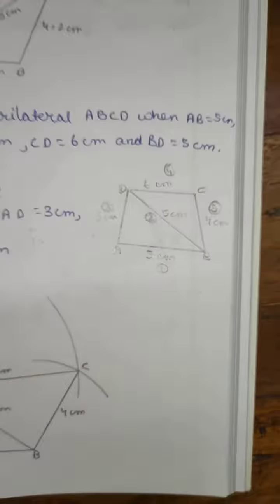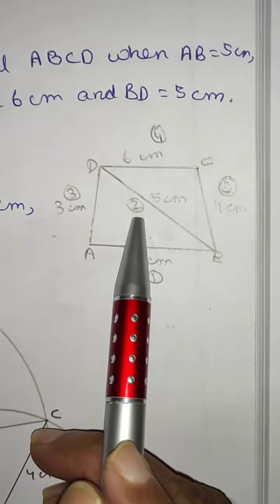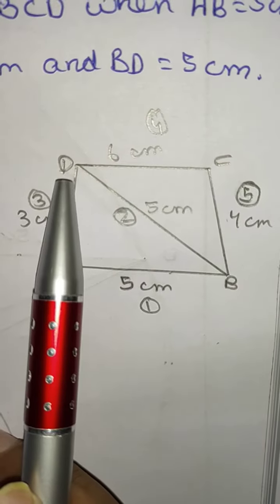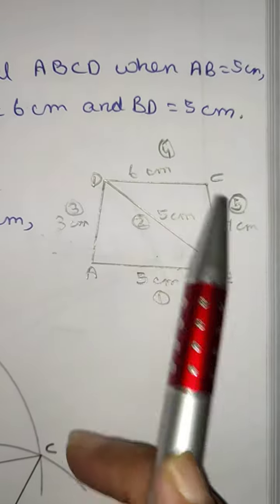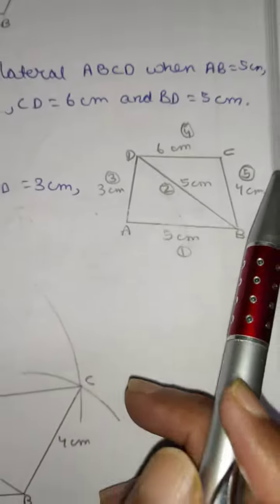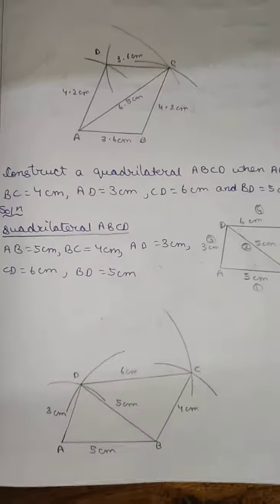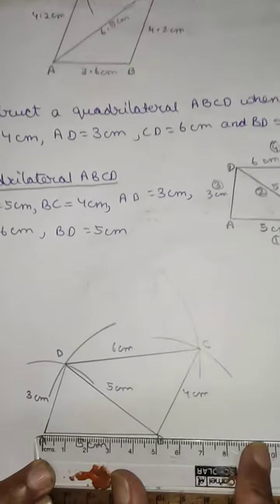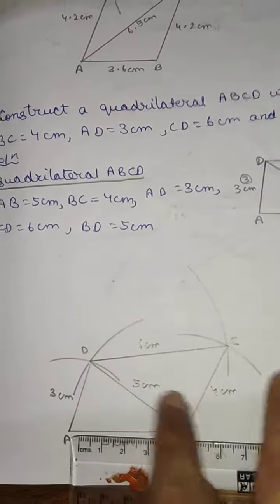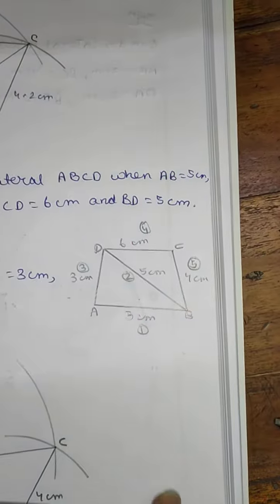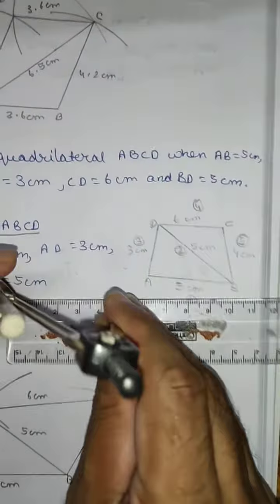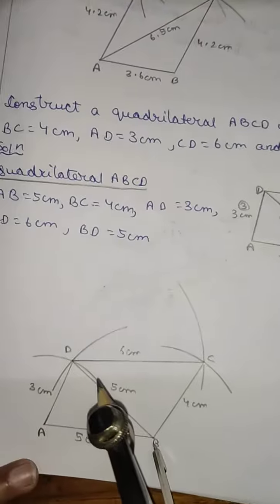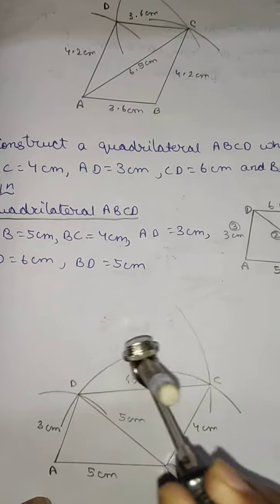So estimate from where to start. This is your first step. This will be your second step, 5 cm. This I'll take as a third step. This side triangle I'll make it first. Then fourth step and fifth step will complete our quadrilateral. So first you draw a line, measurement exactly 5 cm, that is AB. After that second step is 5 cm. In your rough I have taken already. So you will measure 5 cm exactly. By measuring 5 cm from B point, make this arc.